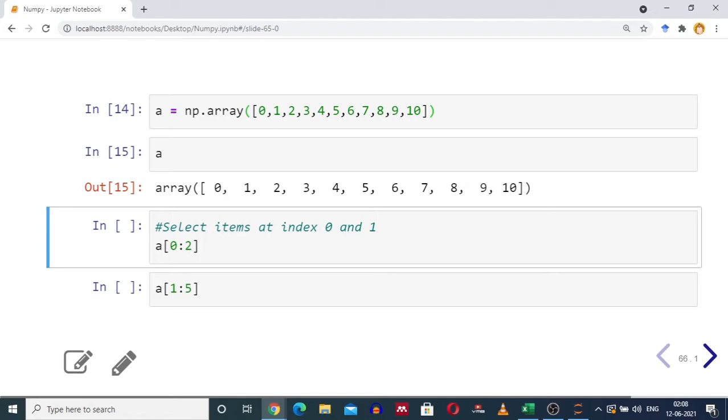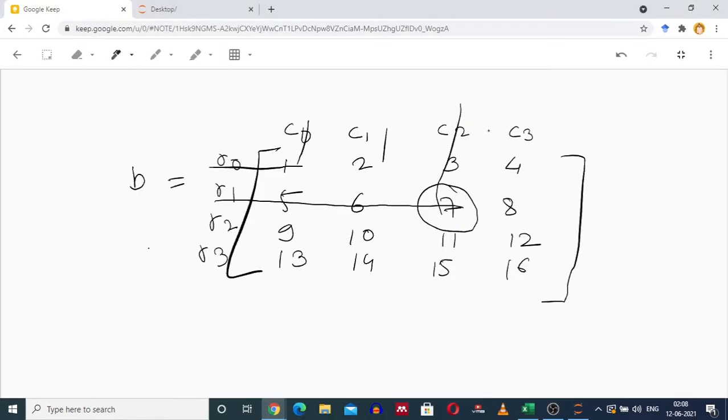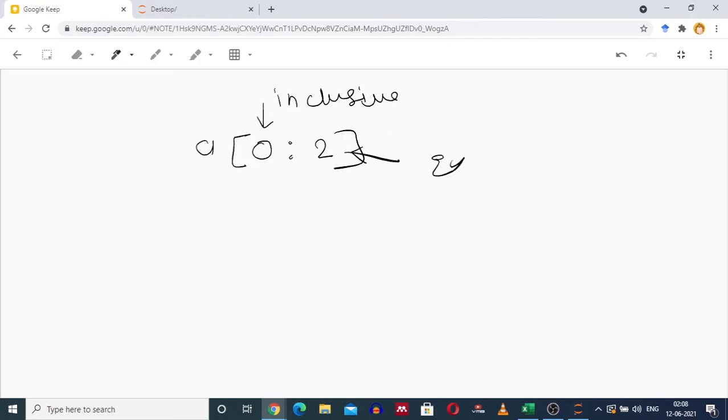What does this mean? Moving back to the drawing board, when you write for a one-dimensional numpy array A[0:2], this 0 is inclusive and this 2 is exclusive. So you have to take 0, 1.